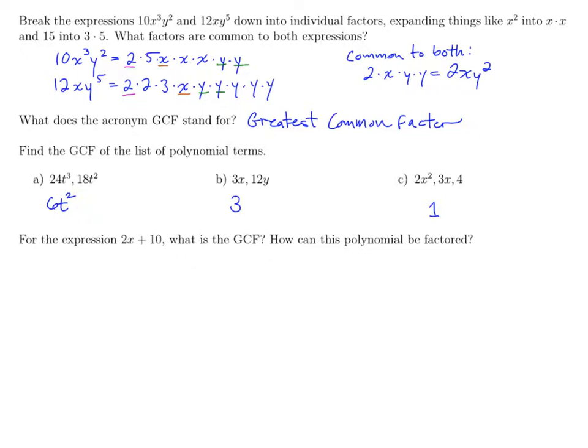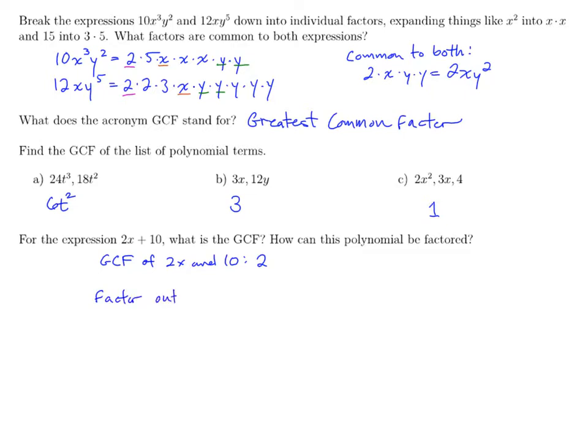All right, and lastly, we're going to look at the expression 2x plus 10, and we're first asked what is the GCF. And then we're asked how can this polynomial be factored. In order to factor this, or to break it down into its factors, we need to identify the GCF, and then we'll factor it out. So the GCF of the terms 2x and 10 is simply 2. Looking at 2 and 10, they have 2 as a common factor, and that first term has x, and the second term does not have x. So when I factor it out,